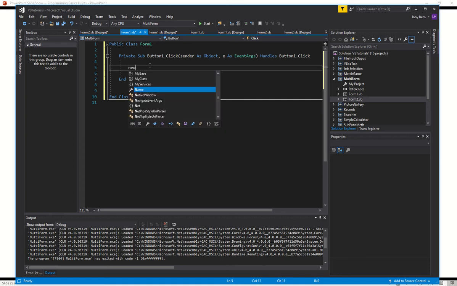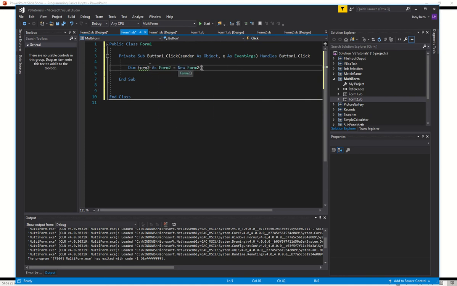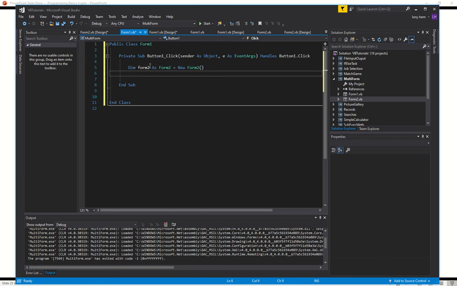So what I can do is dim form2 as Form2 equals new Form2, and then I just go form2.Show,